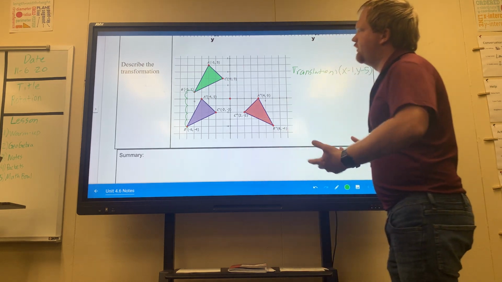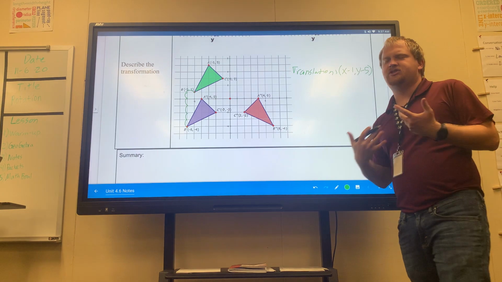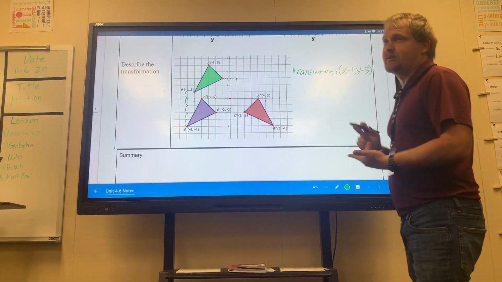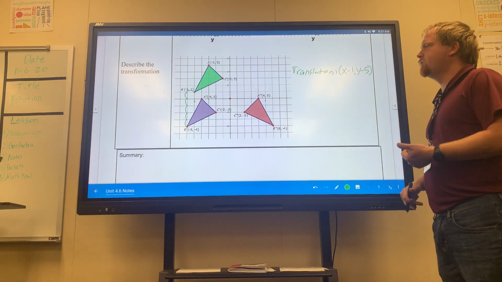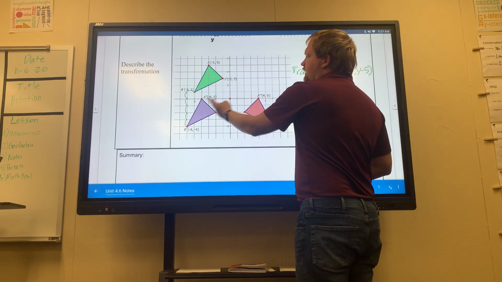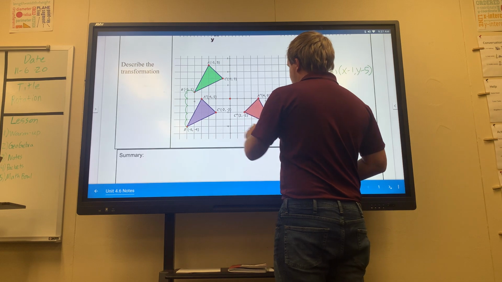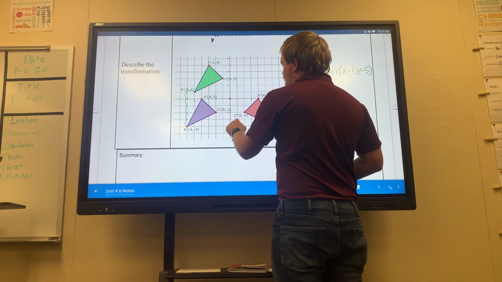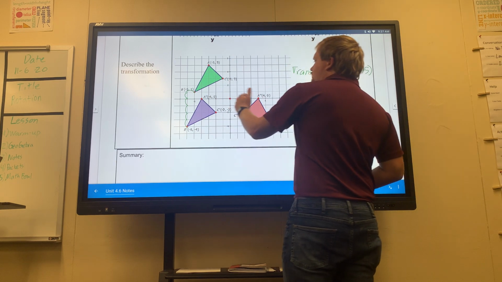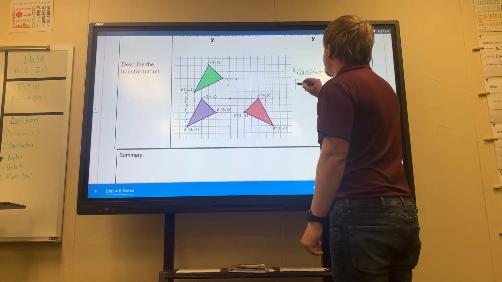So far it's still congruent, because a translation doesn't change the shape or the size, it changes the location, just like reflection and rotation. Now looking at it, it looks like it's reflecting across the y-axis. Notice how the x values are different when it's reflected across the y-axis, but the y values are still the same. So this is a reflection